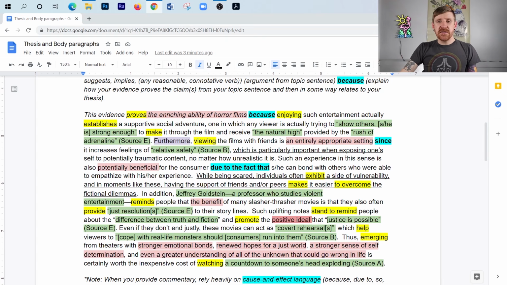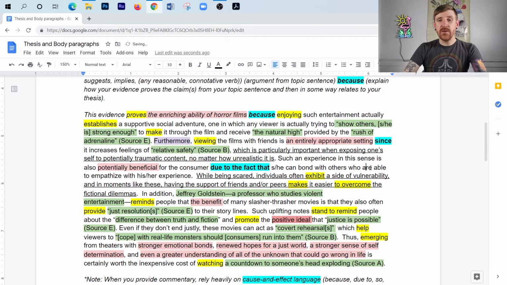Such an experience in this sense is also potentially beneficial. So once we do it in a social setting because it's appropriate and we feel safe, it's also potentially beneficial, same argument for my topic sentence, for the consumer due to the fact that he or she can bond with others who are, we should actually change that to are, right?